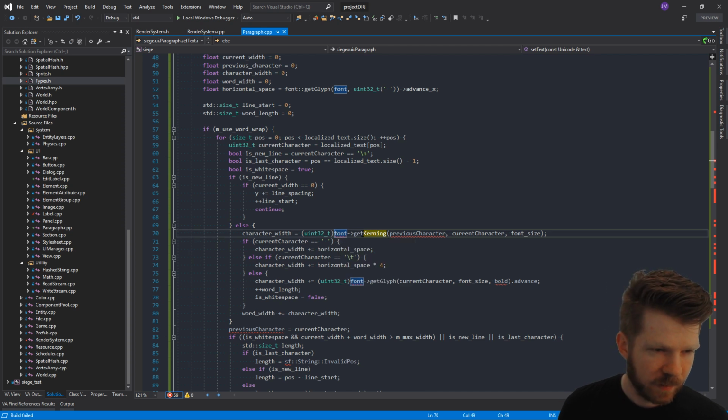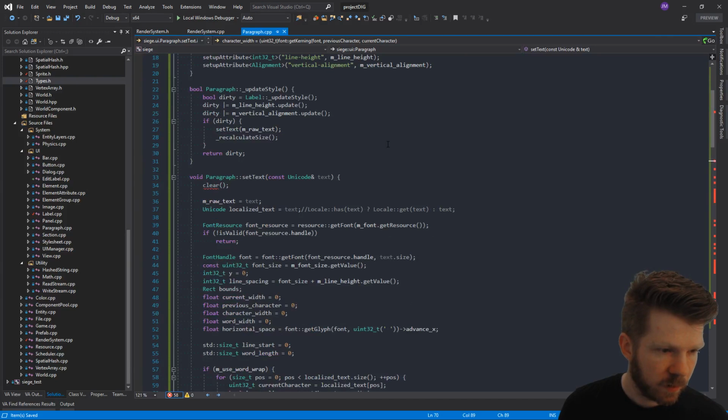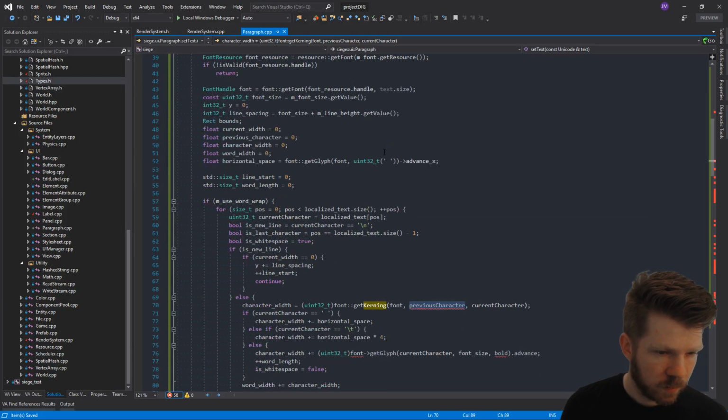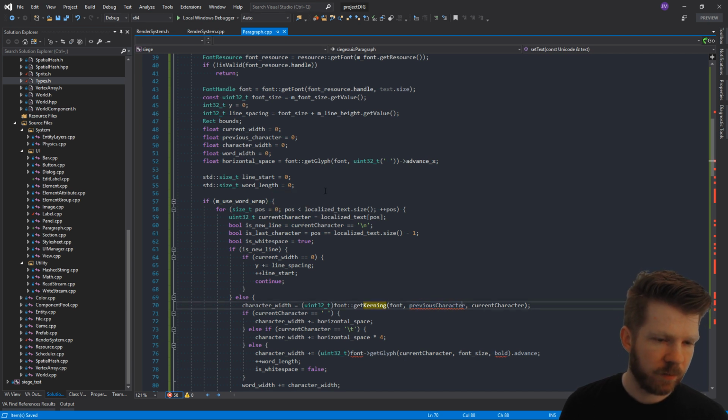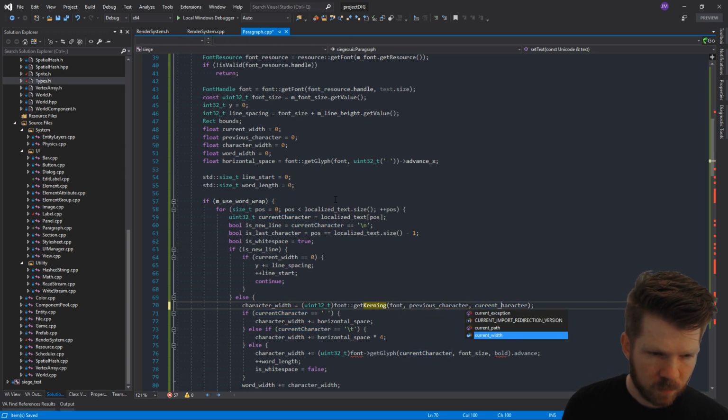Font. Yeah, this needs to be like this actually. When we have our font here. Previous character. Oh, we don't have that set anywhere. Oh, right. I renamed it. It's actually